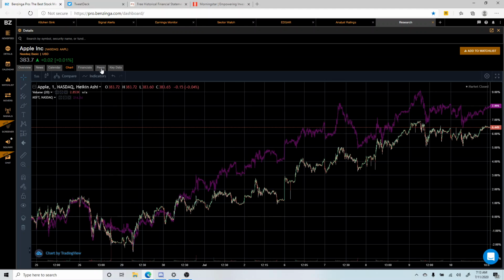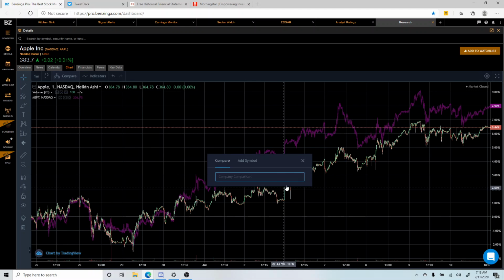So that's why we call out sympathy plays and peers. There's actually peers up here, but that's why we call out sympathy plays in the chat room. There's a lot of stocks that like to move together. So one stock gets some news, even though the other stock didn't get any news, you'll see some similar price action. So that's a good way to